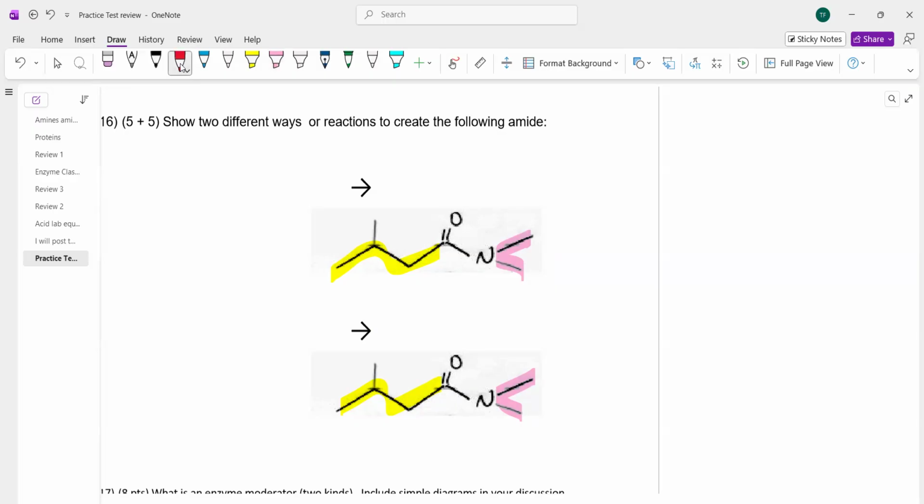Okay, so let's start with the acid one first. So we've got 2-methylbutyl chloride